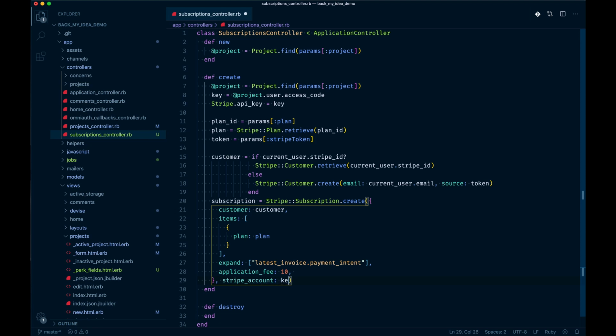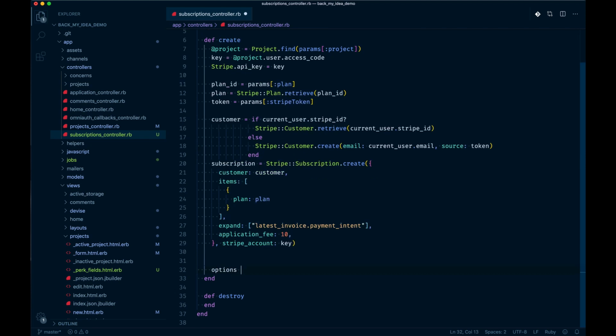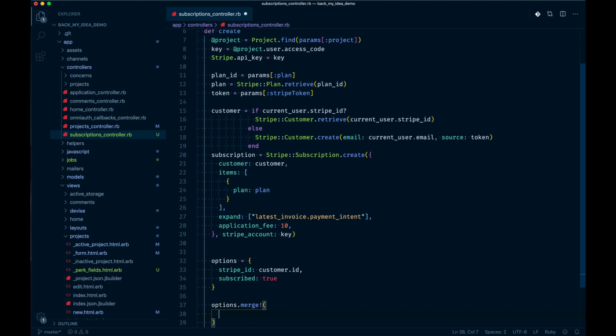which will be the key that we created in the first place, which is the customer, the person who is, again, creating the project to be backed. We're going to create an options hash, and the Stripe ID is going to be the customer ID in this case. On creation, if they don't already have one. So subscribe, we'll set a flag for that, which will be true. And then options, we're going to merge in those parameters that would otherwise be the card data that we added. So in this case, it's going to be card last four